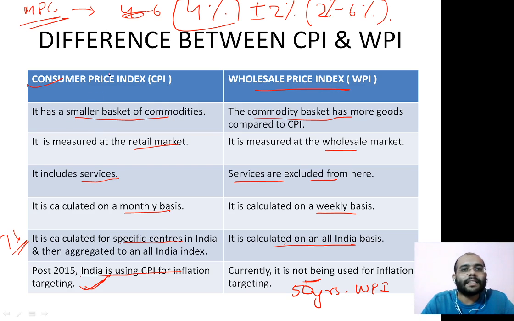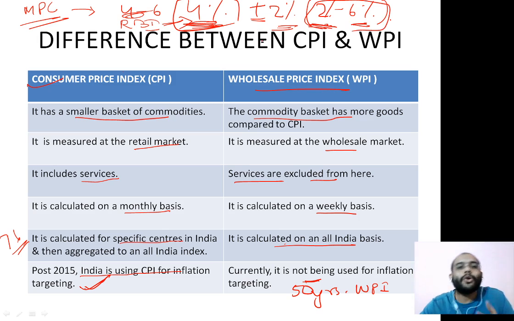Inflation targeting means the ideal growth rate of inflation has been set at 4%. It would be the job of RBI to maintain this inflation rate, but there would be a relaxation of plus or minus 2%. That means it can be relaxed up to 2% on the downside and up to 6% on the upward side. So the inflation must remain at best in the range of 2 to 6%.